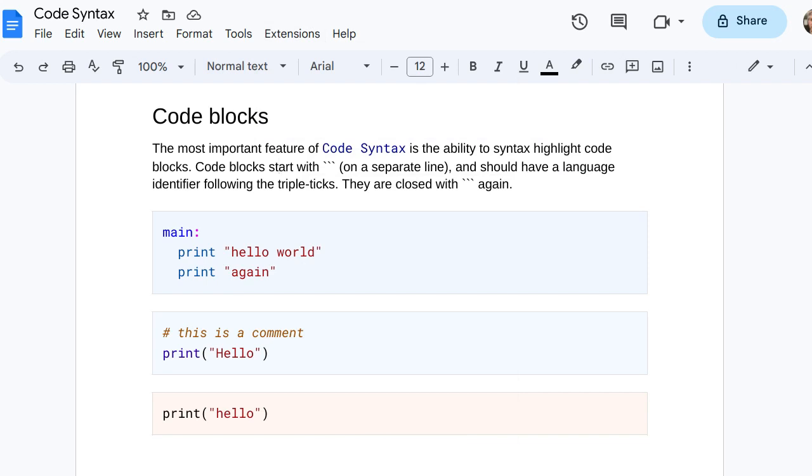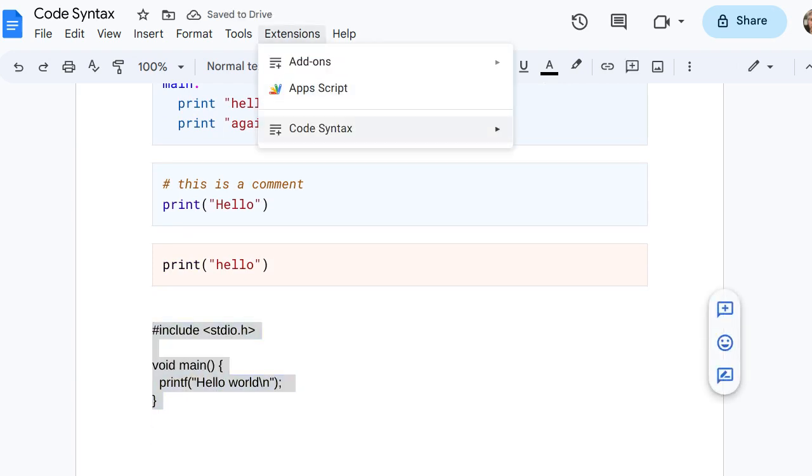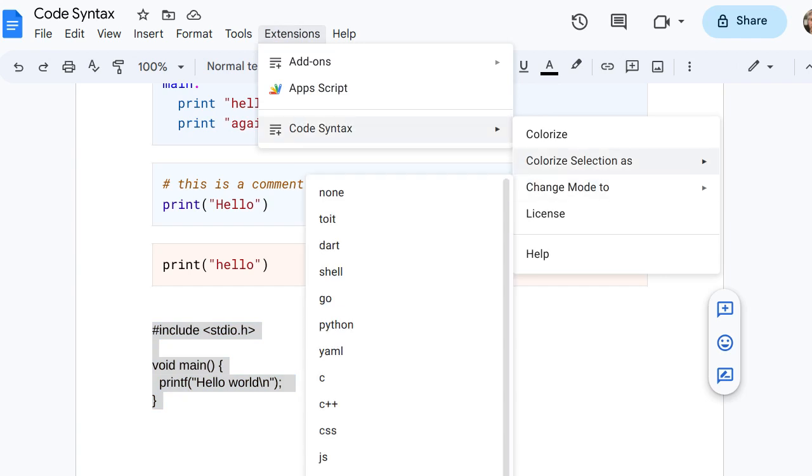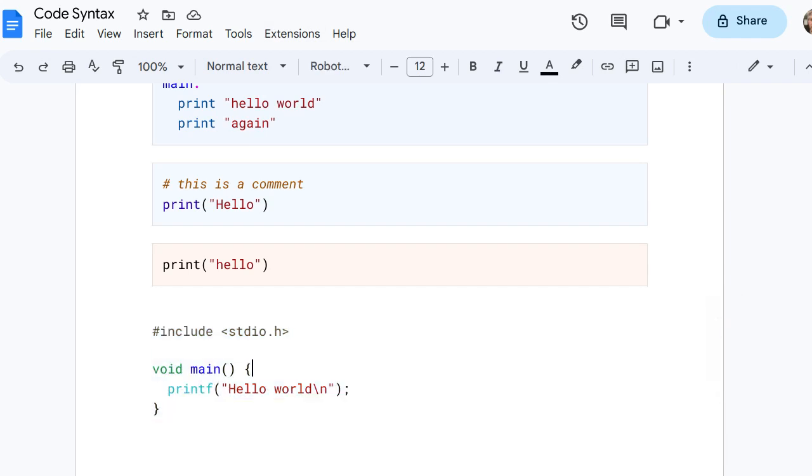The final menu item is to highlight the selection. So if you want to, you can also just write inline code in your document. So let's just do this. Let's add a C code here. I can now select that code and ask the add-on to color the selection as C. And it will do that, but in this case it didn't create a code block, so this is now inline